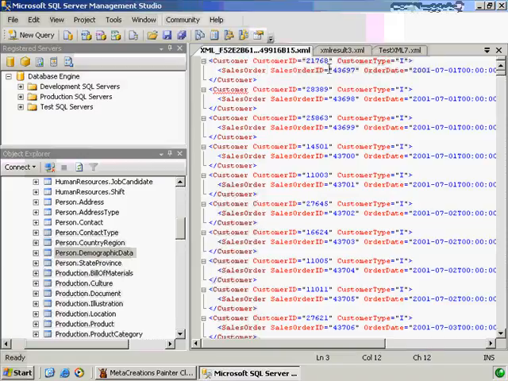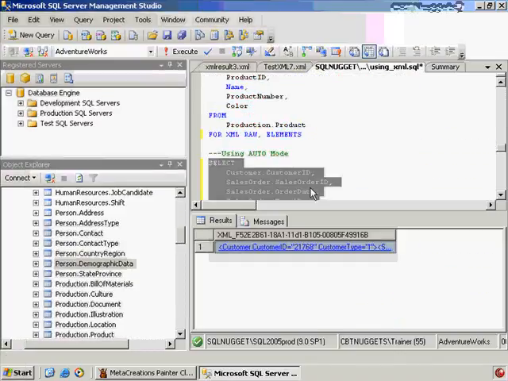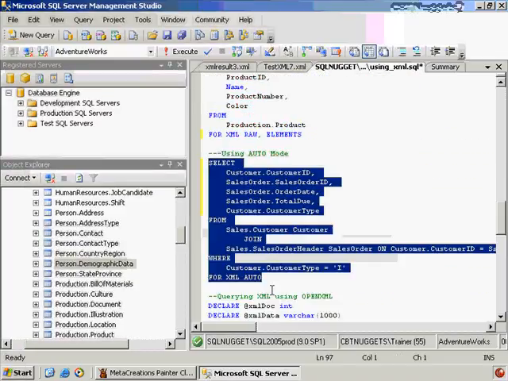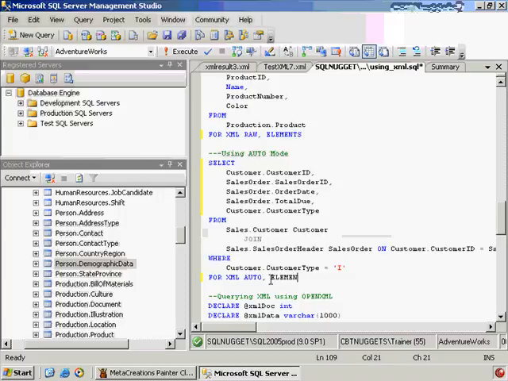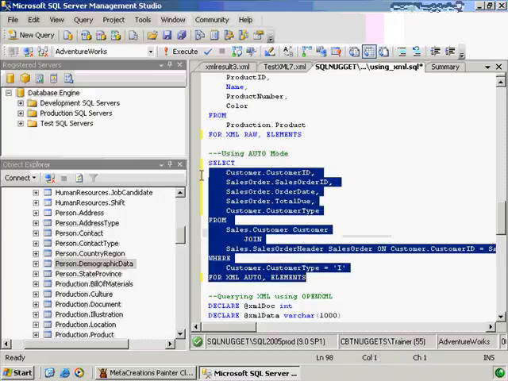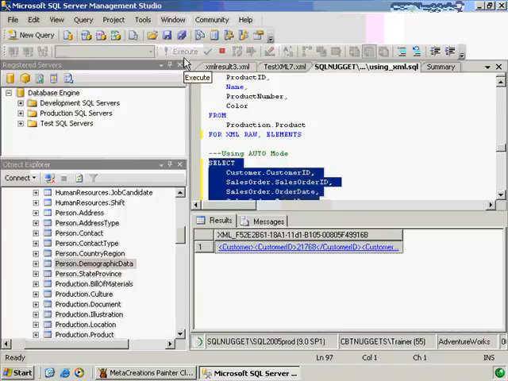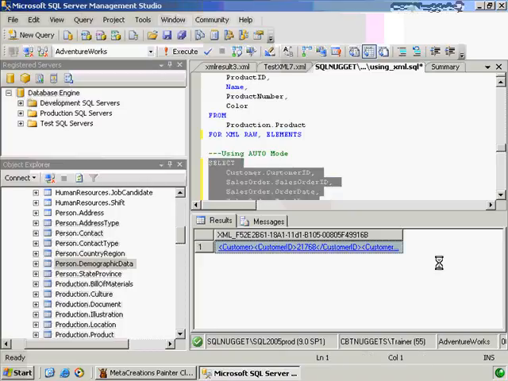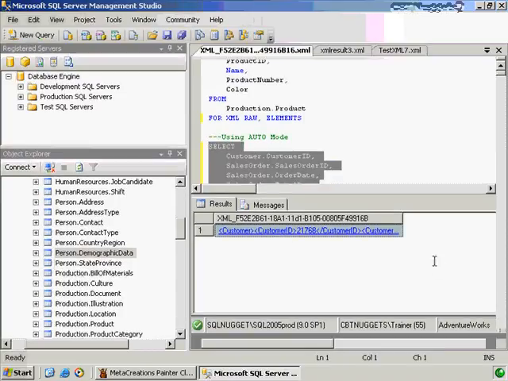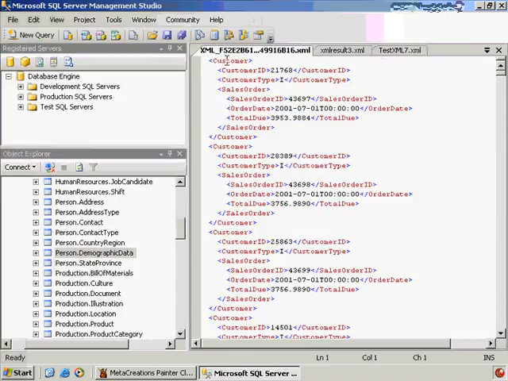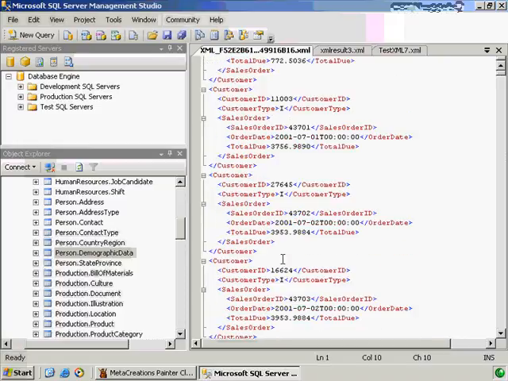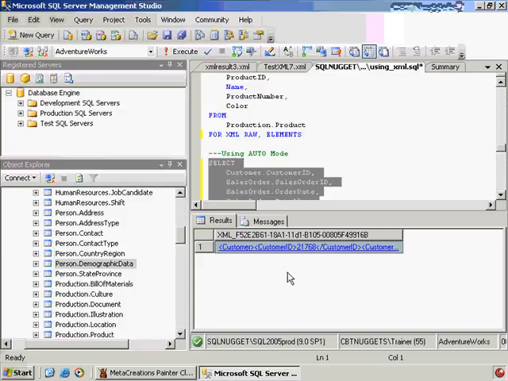So that's nice. We can, again, have a little more control here if we add the ELEMENTS option at the end of this. It'll then be a little more formatted, a little more user-friendly rather than just everything as attributes. So same thing here. I just ran this query, only this time with the ELEMENTS option on it. You can see it's a little nicer, a little more shape. We have customer up here, customer ID, customer type, and then all the sales information for all the sales orders underneath that customer. So a little bit more control in AUTO mode,